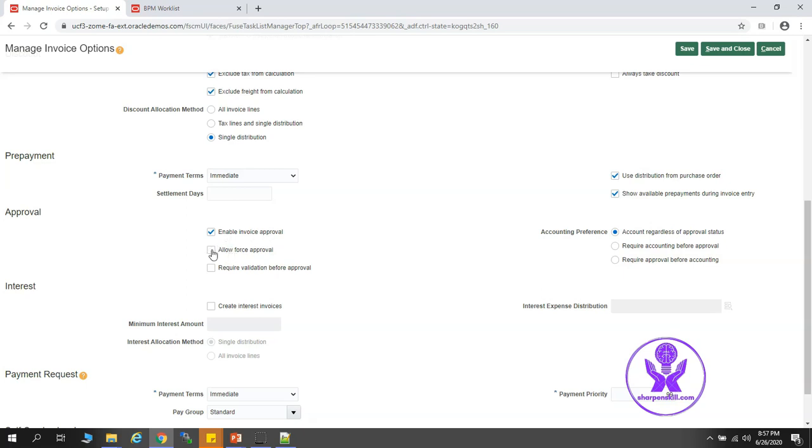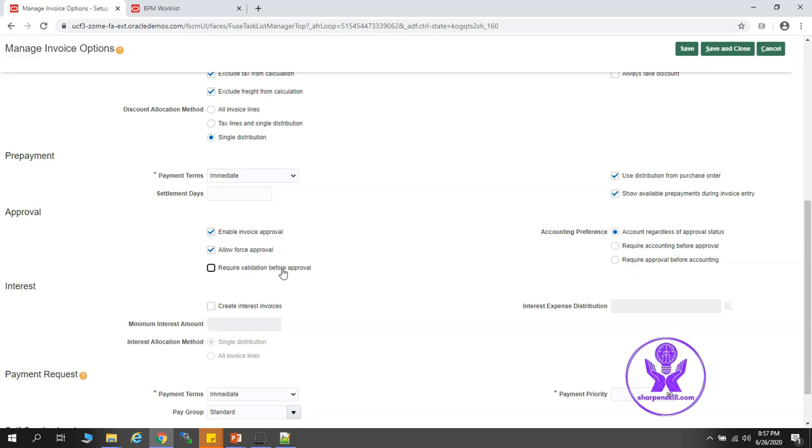Now, if you want to allow force approval, you can check that. If you want to have the invoice validated before approval, you can select this option. Now, accounting preference. You can do accounting regardless of approval status, maybe before or after the approval.